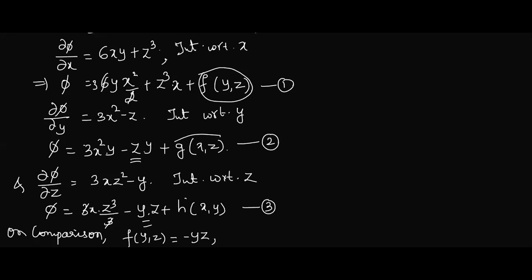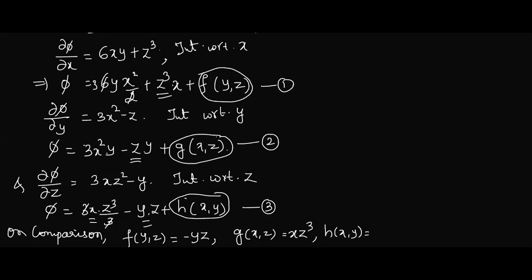Now coming to the second equation, we should choose some value for a function of xz. Tell me a term containing xz which is not there here, but is present in equations 1 and 3. It is xz cube. Xz cube is there here and there, so that will be the same. It cannot be different. So do not worry, you will easily come to know; this requires only some practice. Can anybody tell me what function of xy should be chosen, which is present in the remaining two but not present here? It is 3x square y.